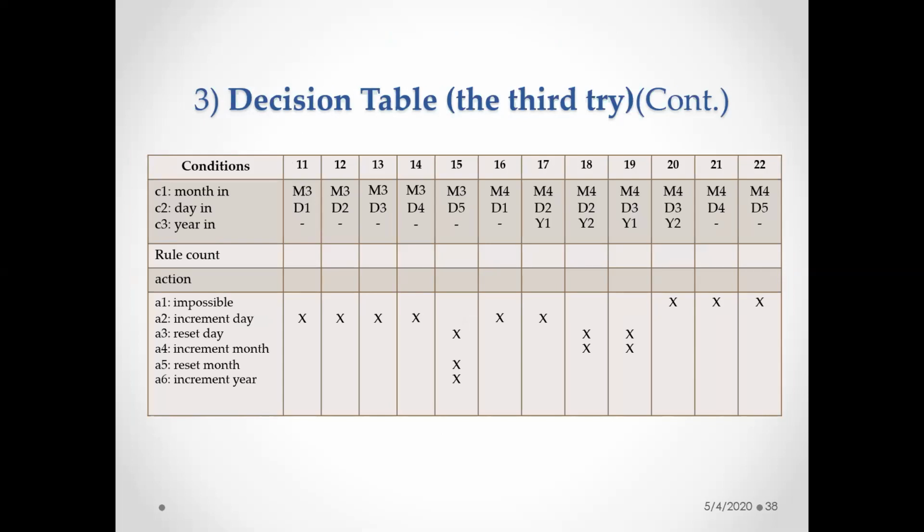If you are having the 29th day and it is a leap year, then you need to reset the day and increment the month. If it is Y2, Y2 is a non-leap year. Non-leap year and 29, highly impossible. The last day that you have for a non-leap year is 28, but you are asking for 29. That will never happen. So impossible. And with respect to your M4, that is the same thing, February. With respect to your D4, D4 is 30 days. It cannot be possible itself. D5, it's highly impossible. Whether it is a leap year or non-leap year, this is completely impossible.